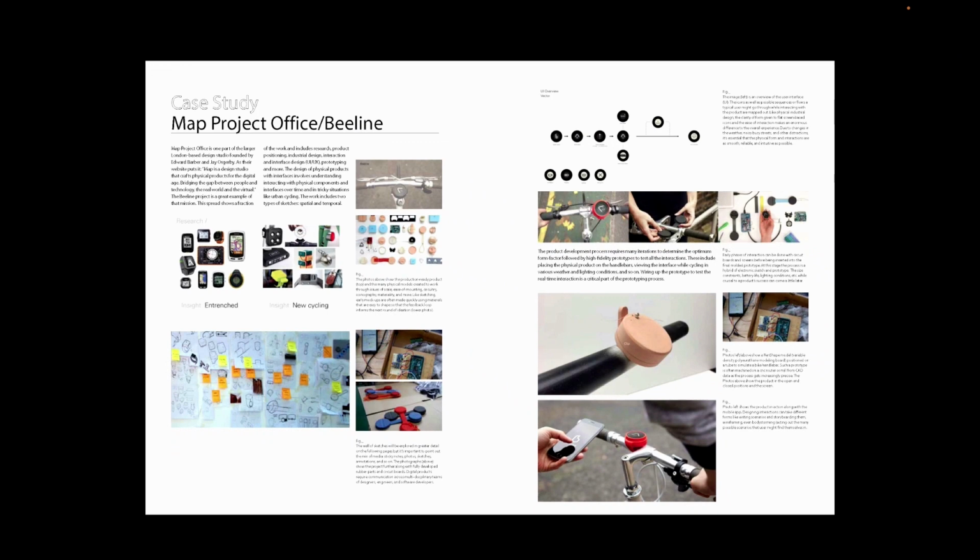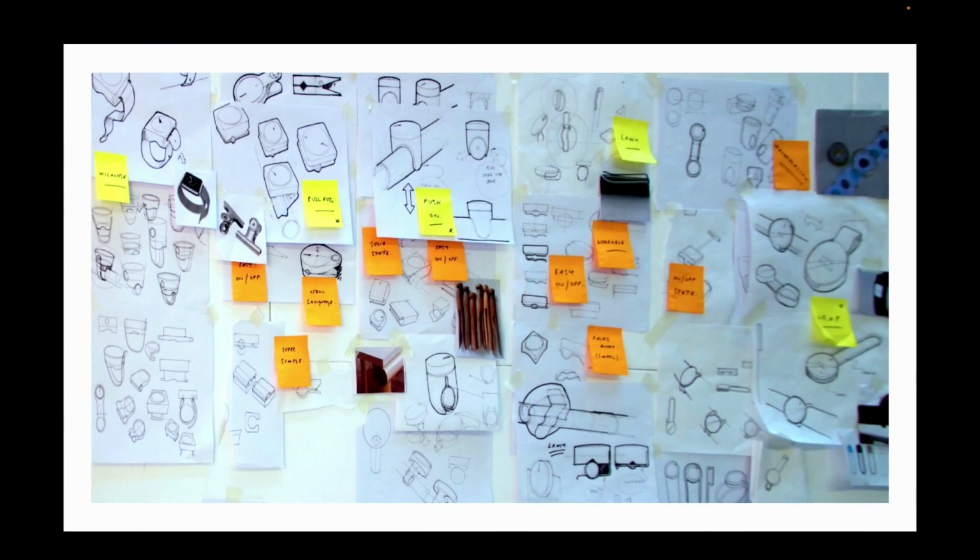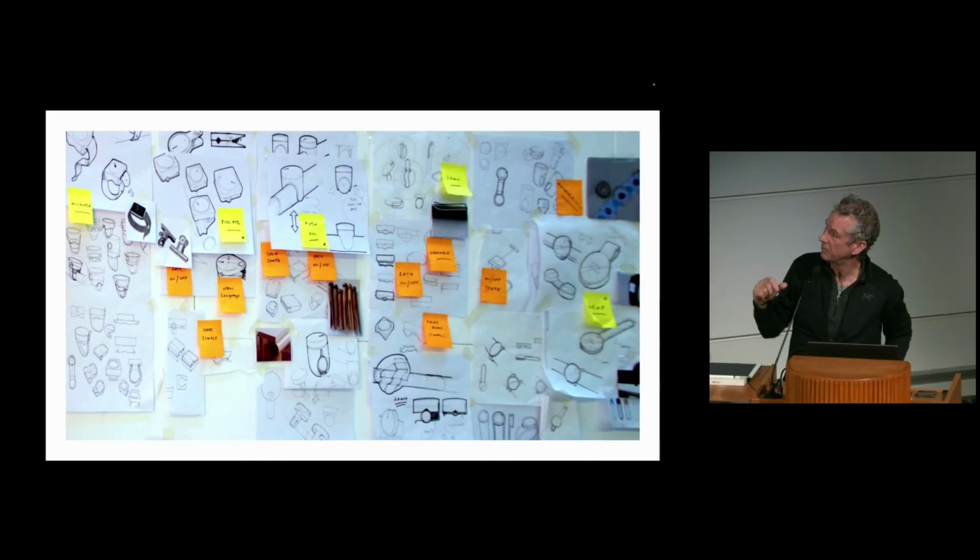But so here, Map Project Office does a lot of really interesting tech products. And so what I'm doing is I'm looking at all of their artifacts, from the CNC prototypes to the mock-up UX in both of those instances, to 3D printing of the case. But in particular, I'm looking at their walls. So I was describing earlier that I get all these artifacts, and I'm constantly just looking because I'm trying to make sense of them, not look at them and say, oh, those are beautiful sketches, but like, why did you do that in that order?